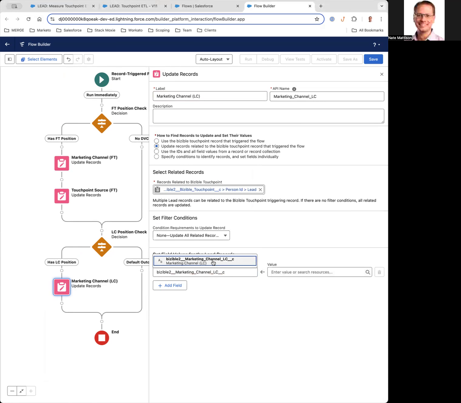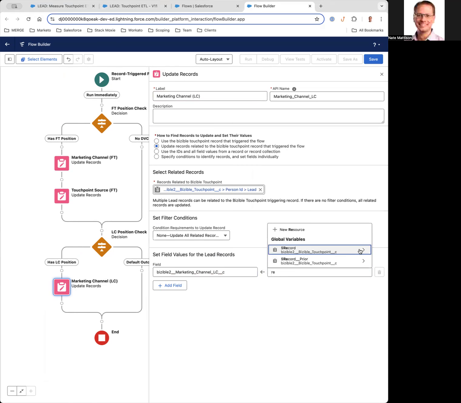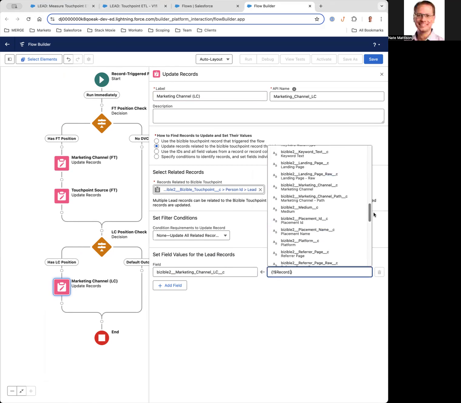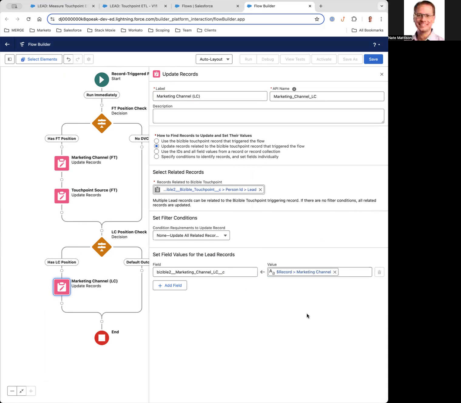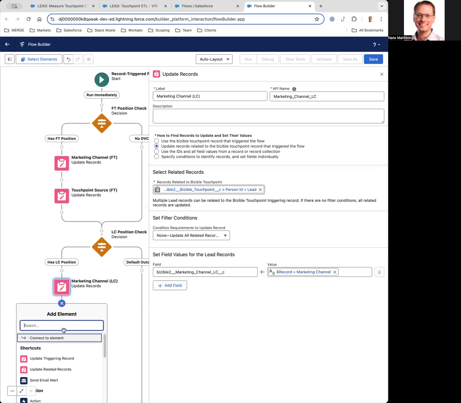We're going to be updating that marketing channel field based on triggering record marketing channel value. And again, I could add additional fields to be updated here at the same time, but for the sake of visual simplicity and clarity, we're going to add a new update record element,